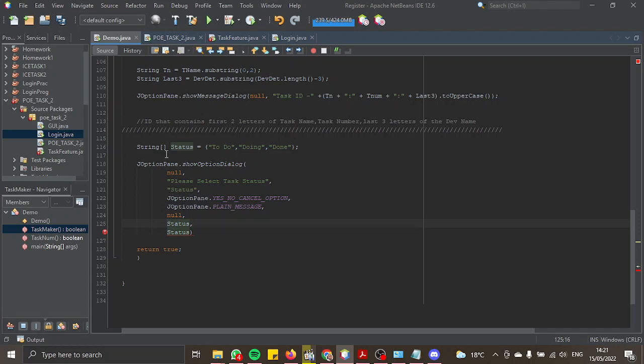Status is our string array. So it's going to replace yes, no, and cancel with to do, doing, done. And then this will make it 0. And 0 will mean that the little box is going to select to do first. But we can make it 1, which will start here, or 2, which will go here. And then we close it off. So if we run this,